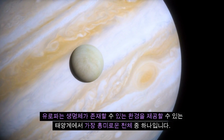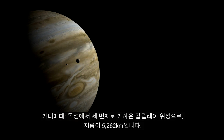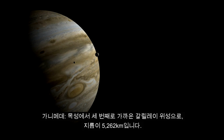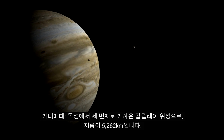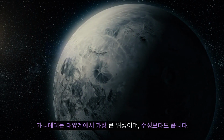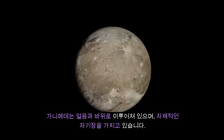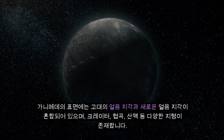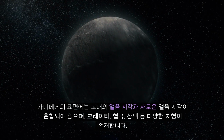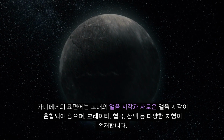environments suitable for life. Ganymede, the third closest Galilean moon and the largest moon in the solar system, with a diameter of 5,262 kilometers. Larger even than the planet Mercury, Ganymede is composed of a mix of ice and rock. Possessing its own magnetic field, its surface displays a combination of ancient and more recent ice features, including craters, grooves,